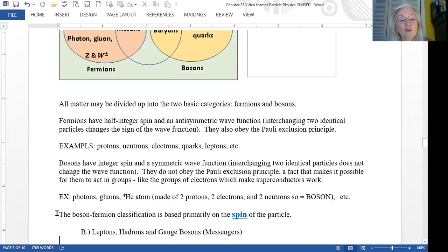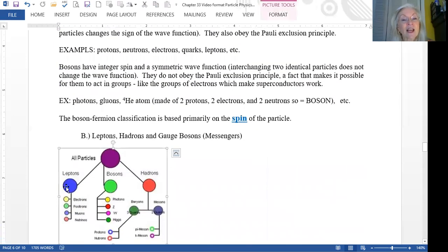Now, the boson fermion classification is based primarily on the spin of the particle. So again, bosons have integer spin, fermions have half integer spin. So it's one quick way to separate things. If we look at our second classification, leptons, hadrons, and gauge bosons, so you've got all particles, and we divide